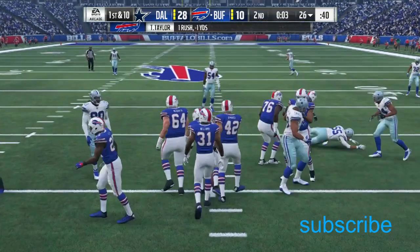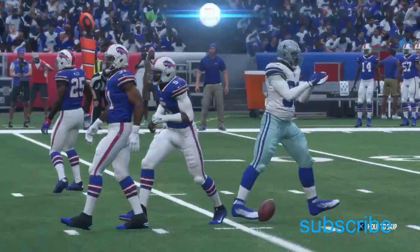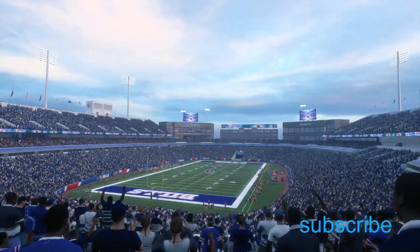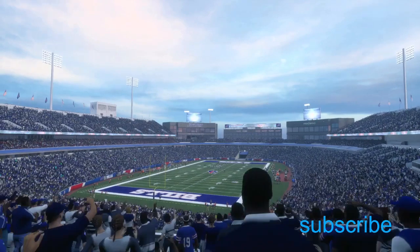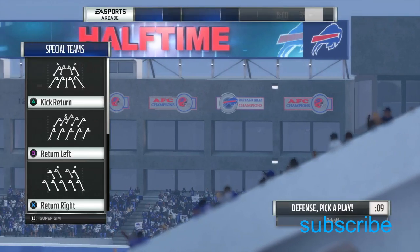And with time running short here, they'll simply take a knee, and that should do it for half number 1. So we have reached halftime here with the visiting Cowboys out on top. As we'll send you down to Orlando as we check in with Larry Ridley and our EA Sports Halftime